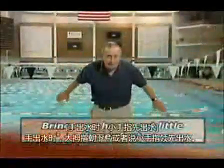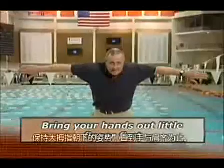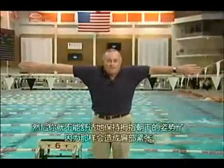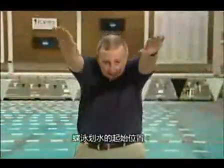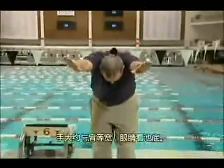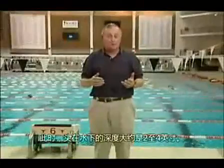As they come out thumb down, or they come out little finger first. Keep the thumb down till they get to be even with your shoulder. Then you can't keep the thumb down comfortably. It tenses up your shoulders. So the hands flatten out and are shoulder width. The starting position for the butterfly stroke is hands about shoulder width, head looking down at the bottom, and your head could be 2 to 4 inches underwater at that time. Take the head down there